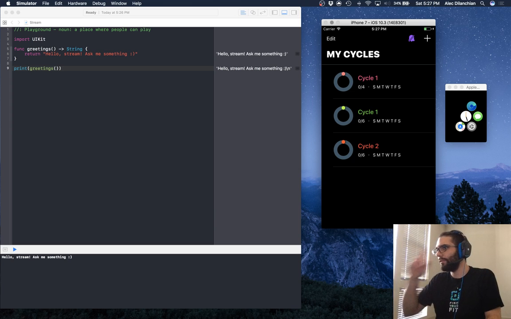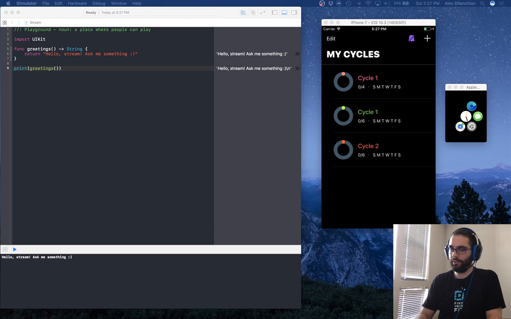So the first thing I need to do is grab all the cycles. So to do that, I'm going to write out a line that says for cycle in what I call the phone cycle array, I'm going to then,